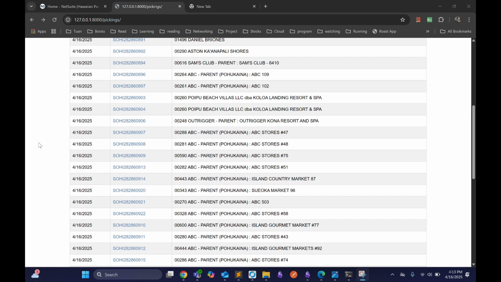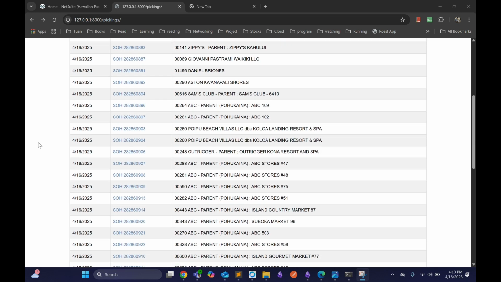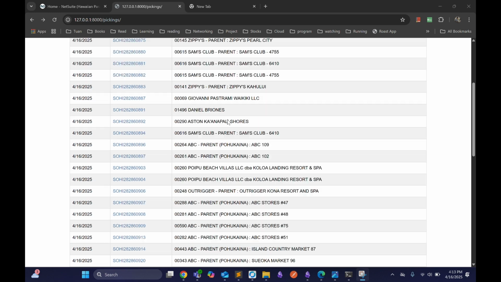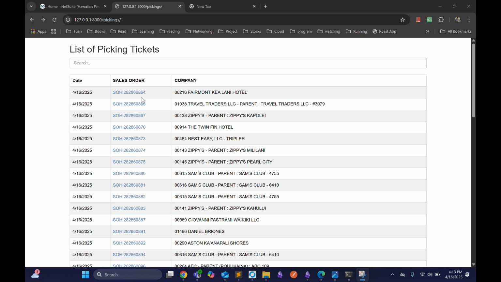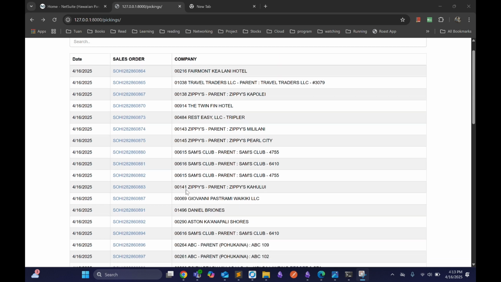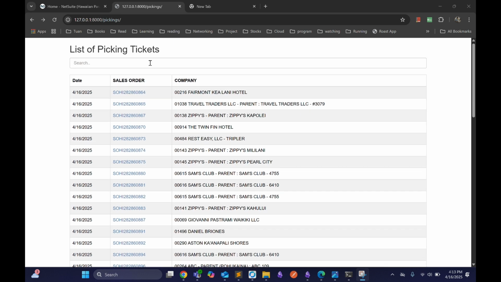These are all being pulled from a SuiteSearch API, a saved search report, which I integrated with the Django web application, basically calling the API of that saved search to pull all these records and displaying them in that web application. For this example, we'll be looking at a sales order of Zippy's, a location in YPO,